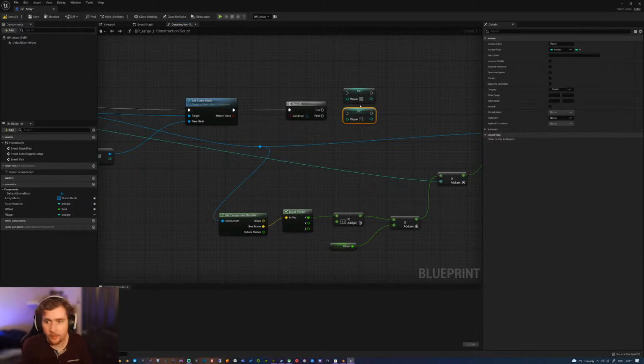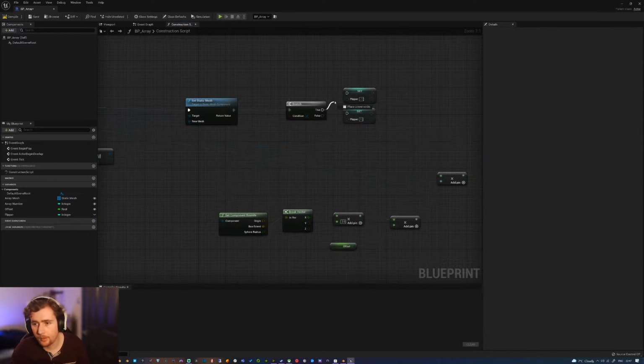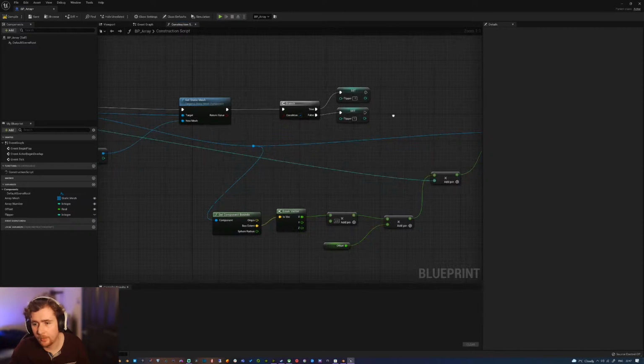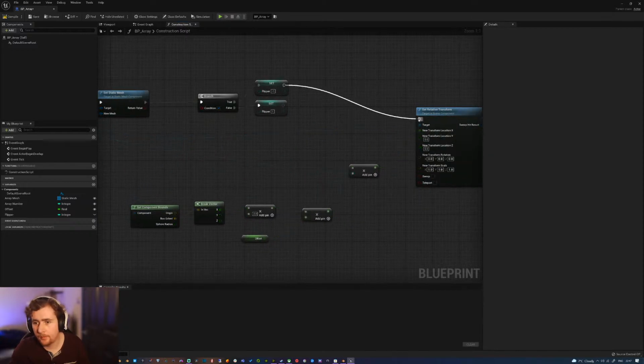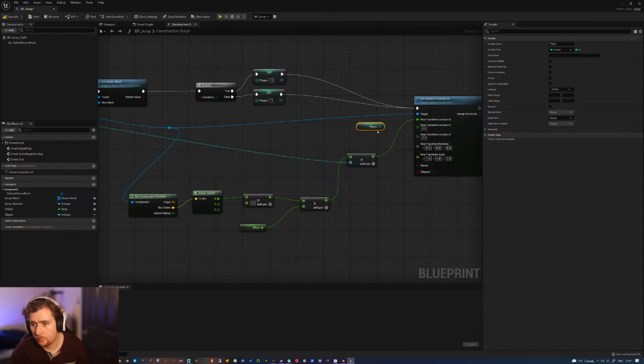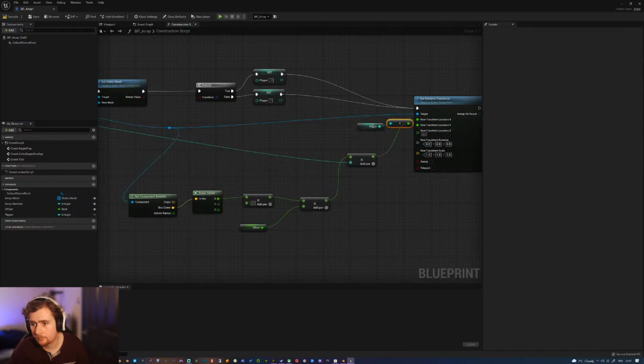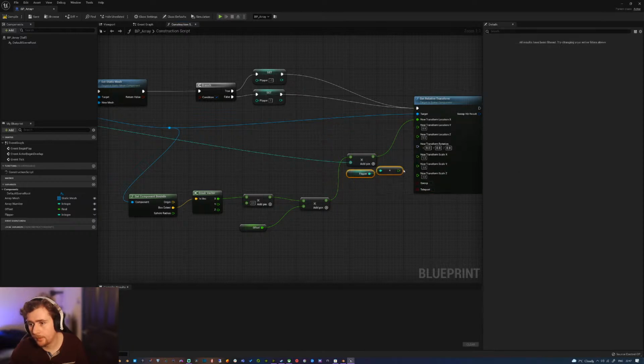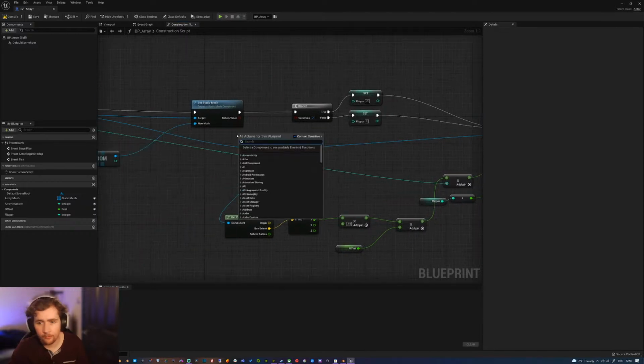I don't know, I really don't use blueprints very much, so all this stuff might exist in a way, and I'm just doing it in a way that makes sense to me. But if that's like that, and then it can just plug into there. No, not into there. Into there, and if that's random,